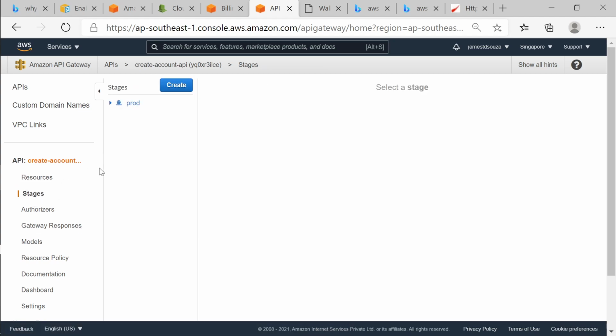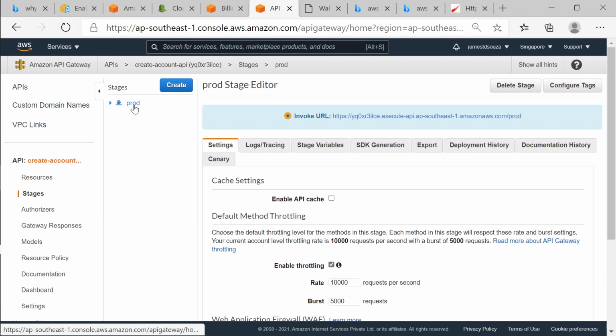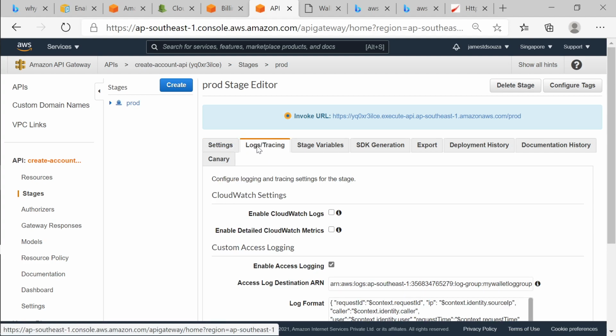Yeah, I've gone into stages, then I click prod. So in prod, anytime somebody calls the link, I want it to be logged. I can log that specific thing. Remember, in stages I selected my stage, prod. In this I want to log anytime somebody is calling this link.